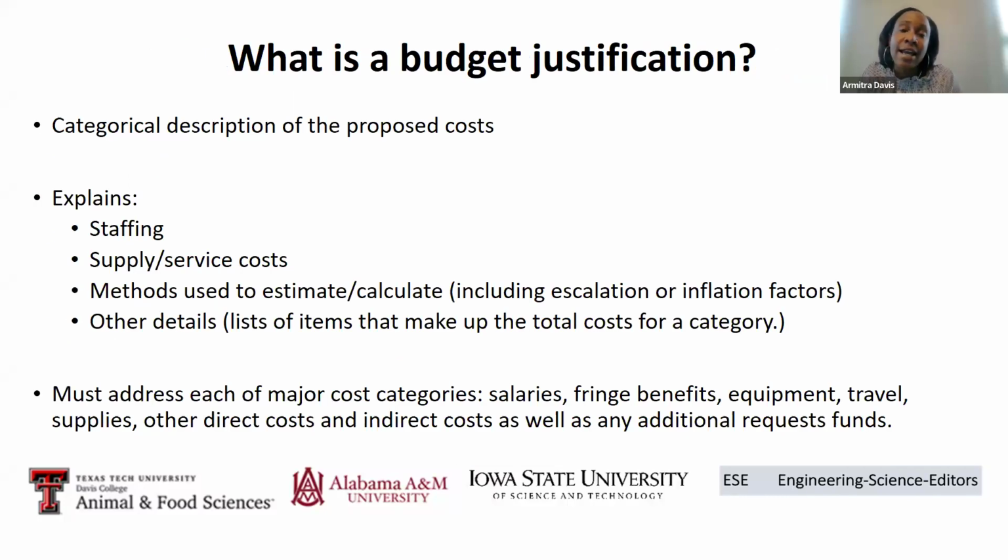Now, when we talk about a budget justification, it is a categorical description of the proposed cost. When we think about budget, we think about just the numbers, but when we think about a justification, we are trying to explain to the agency, to the review panel, why we need the funds that we say that we are needing. So we must explain, for example, staffing that's needed to fulfill the objectives of the proposal,